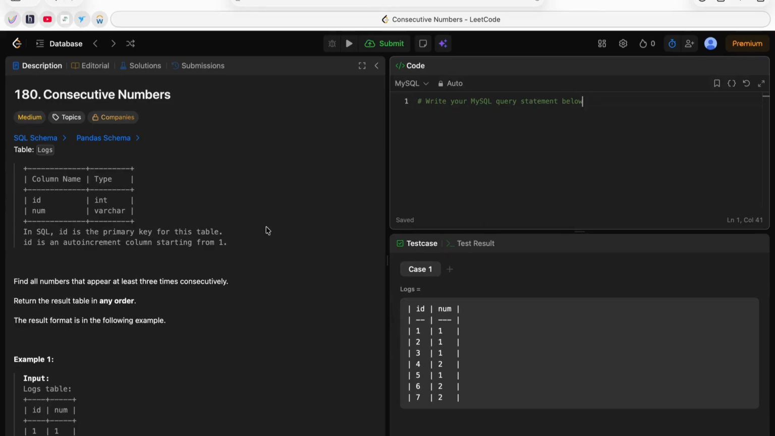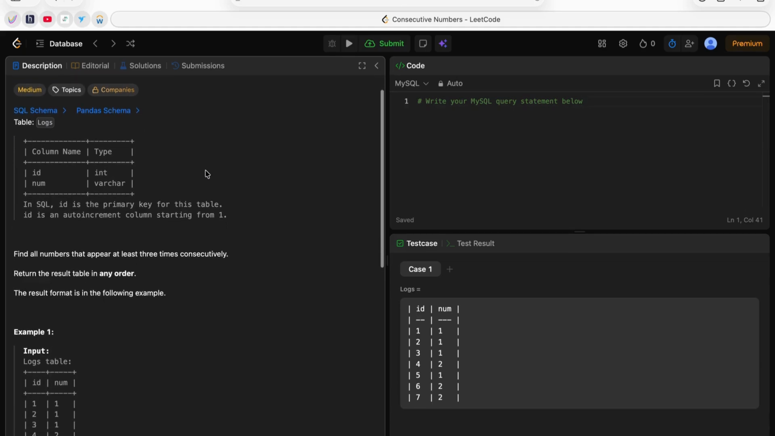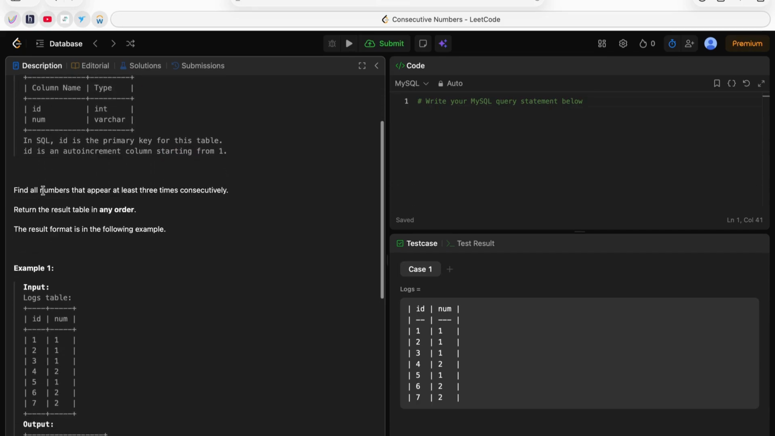MCQ from SQL series. It is a medium level question, 180 consecutive numbers. It has a table named logs, with 2 columns, ID and num. ID is an auto increment column starting from 1, and the question asks for all numbers that appear at least 3 times